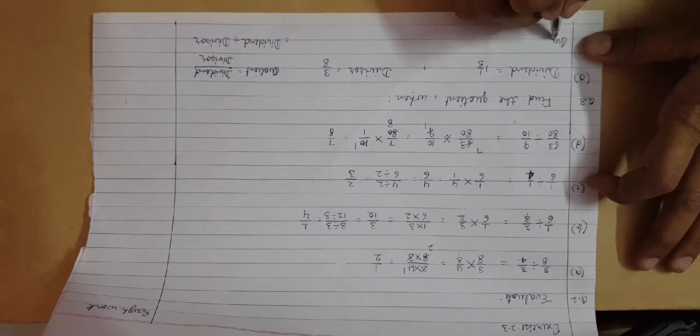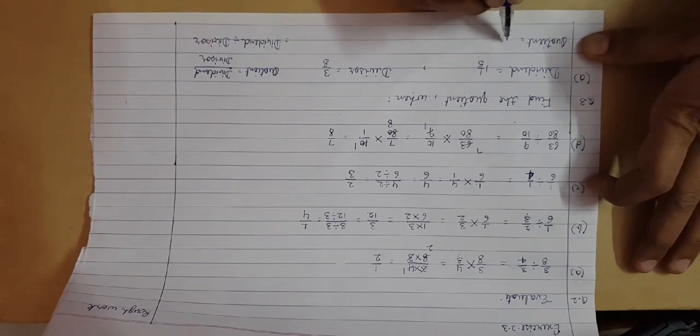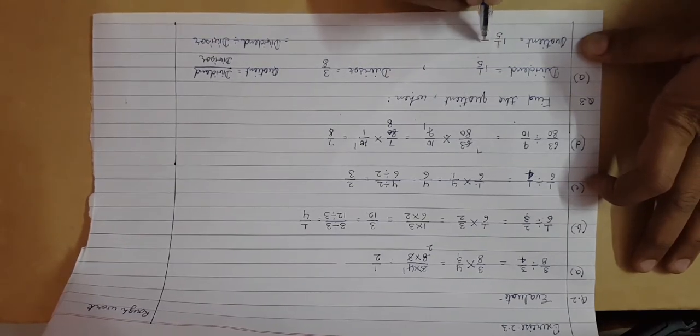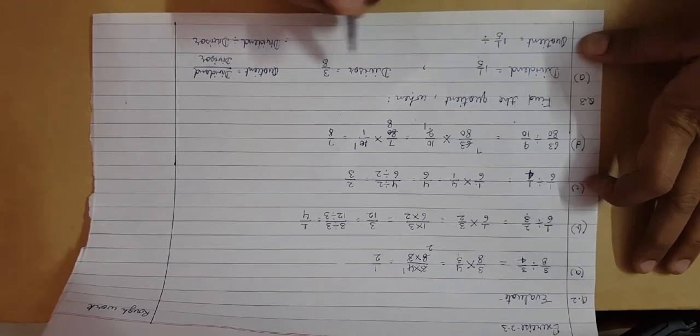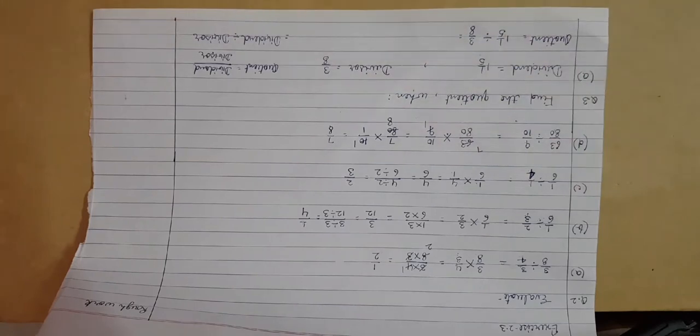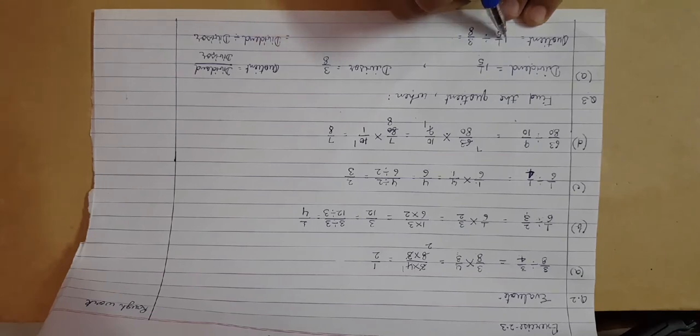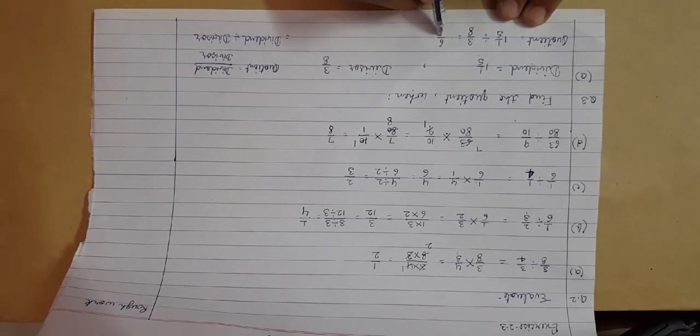So the quotient will be dividend upon divisor. The dividend is 1 upon 5 divided by the divisor is 3 upon 8. So first of all, 1 upon 5 is here a mixed fraction. Change it into an improper fraction. 5 ones are 5 and 5 plus 1 is 6. It will be 6 upon 5. It is the dividend, hence I have written it as it is by converting it into the improper fraction.